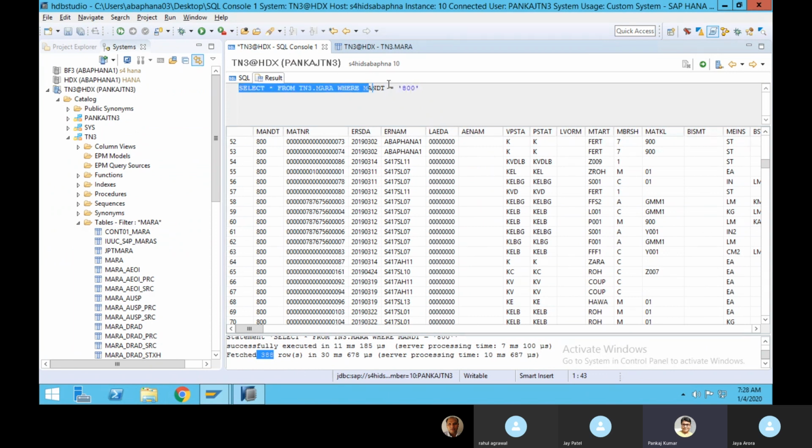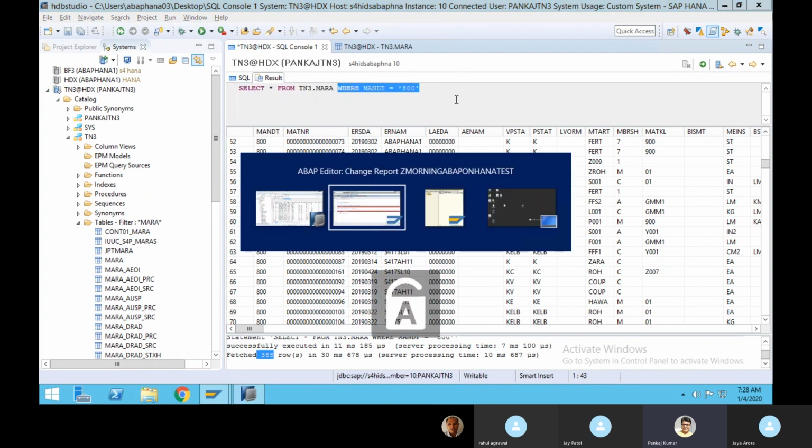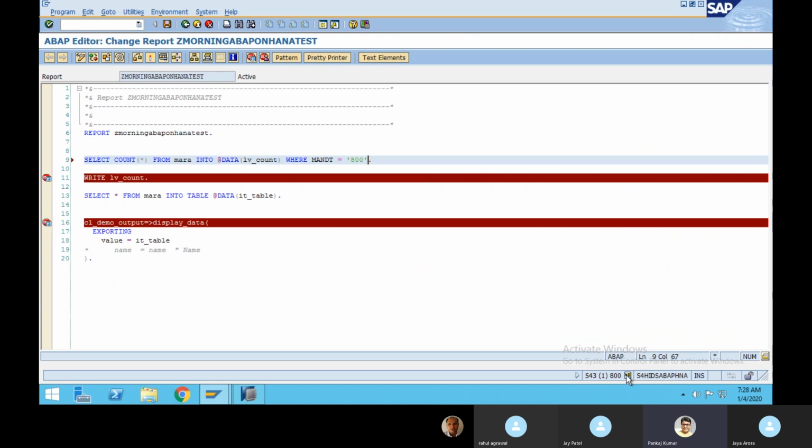So in backend, it constructs the query with the help of the where condition on MANDT. At OpenSQL level, it by default adds the where condition. Whatever the current client you are logged in, it considers the current MANDT, and it gives you the data from the current client only.